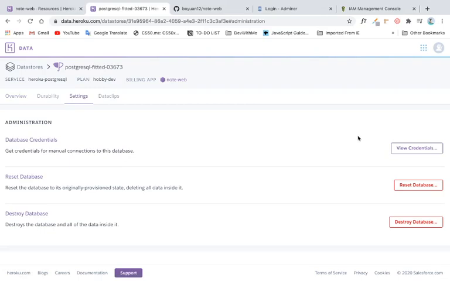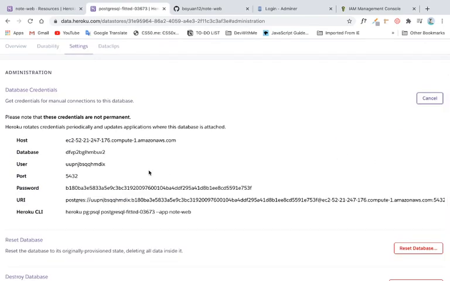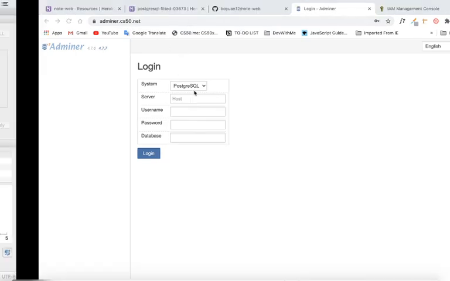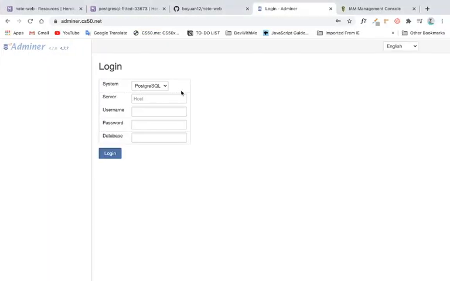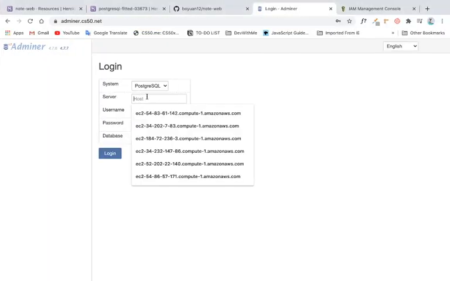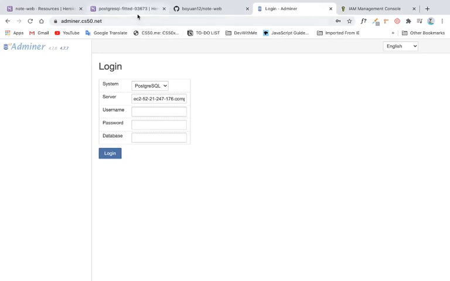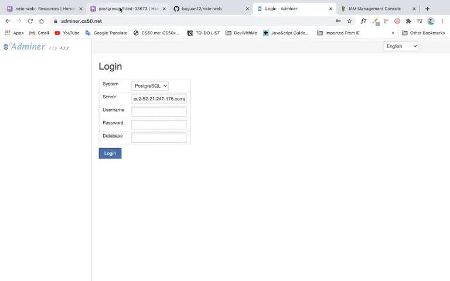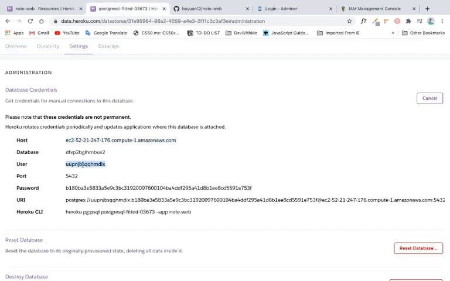you go to settings and view credentials. Of course, I'm going to destroy this database after this. After you get your credentials, go to this website, adminer.cs50.net. It's basically a graphical user interface for creating tables, which I prefer because I cannot get my PSQL PostgreSQL setup working, where I may have forgotten my username. Then we'll put our server here, username,